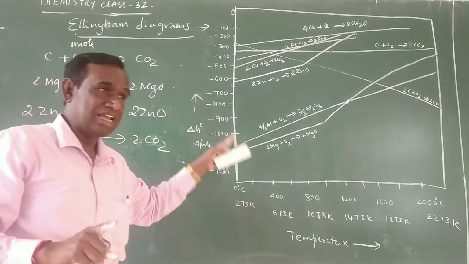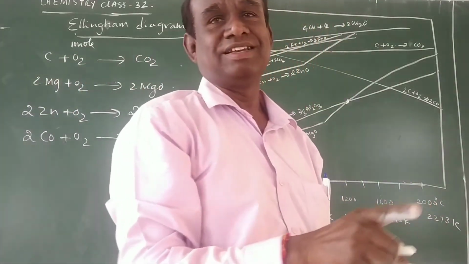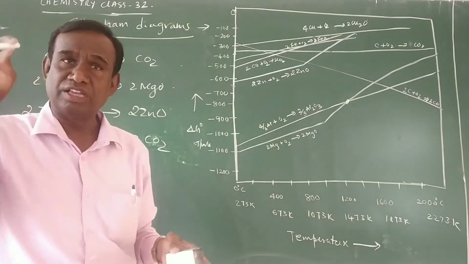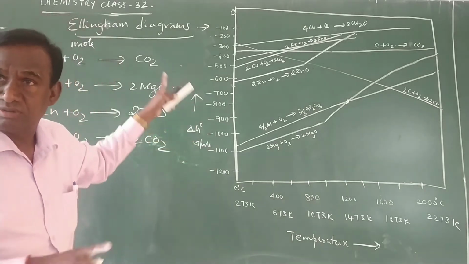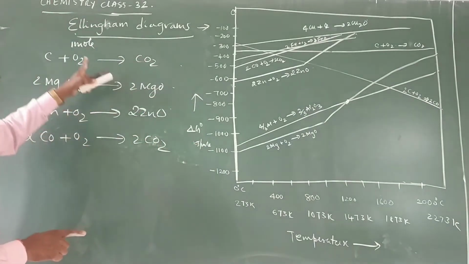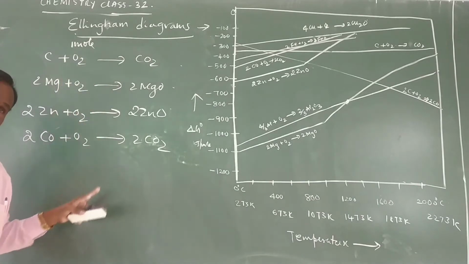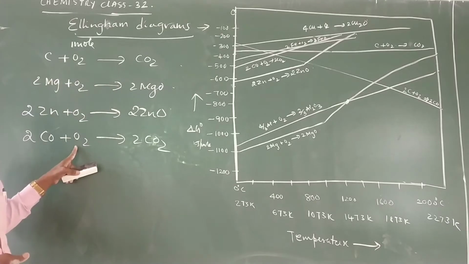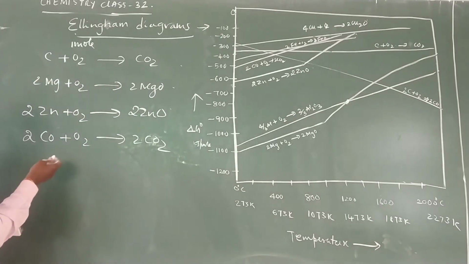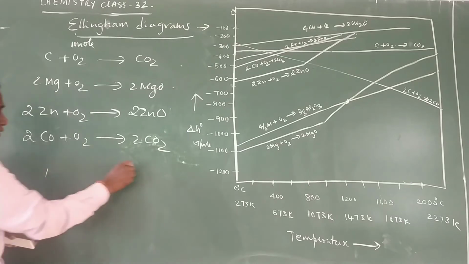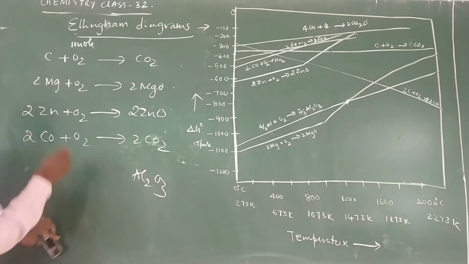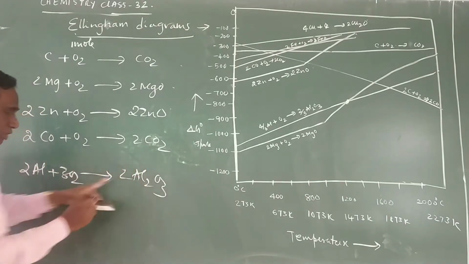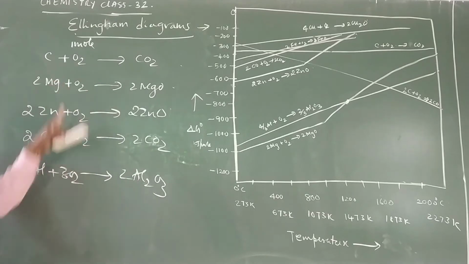That means Ellingham diagram plots can be shown only for the oxides formed from 1 mole of oxygen. So all the oxides should be formed from how many moles of oxygen? Whatever the number of moles of the metal, you have to use only 1 mole of oxygen. For example, aluminium. Aluminum oxide is Al2O3. Al2O3 is obtained by 2Al plus 3O2 gives 2Al2O3. But you have to use only 1 mole.